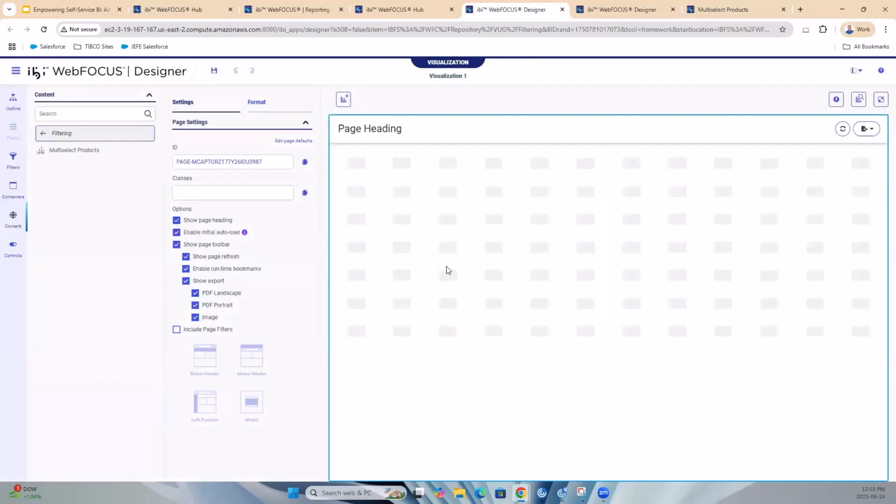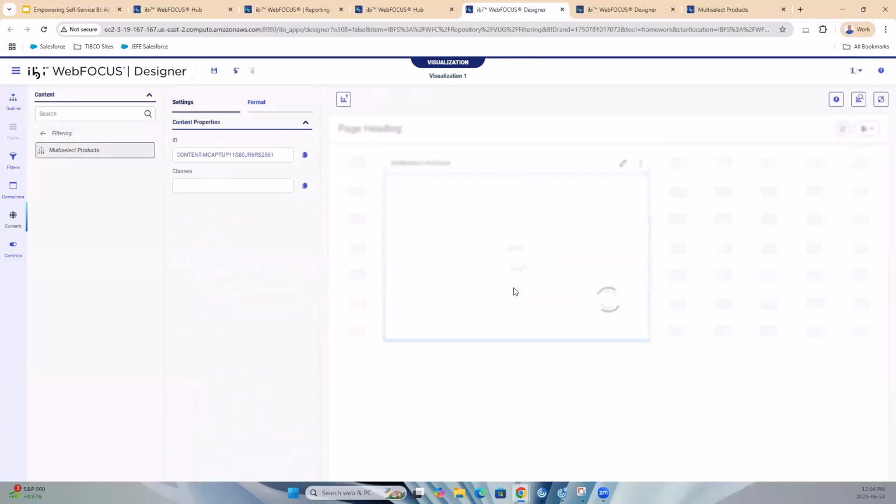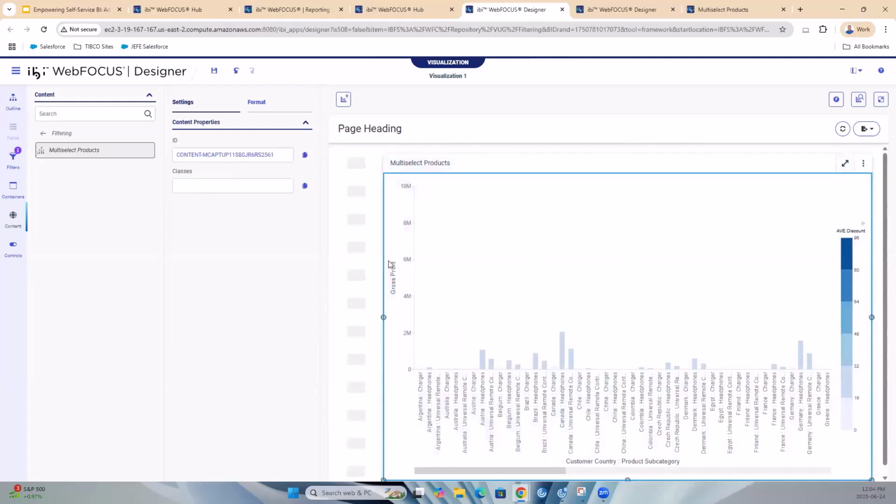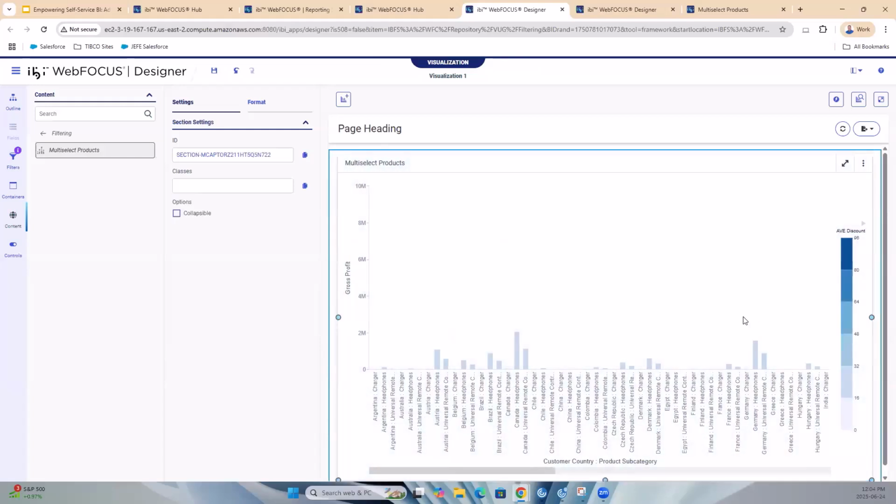For ease of use here, I'm just going to use a blank template. Now, here's our report that we were just in, the multi-select products. I'm going to drag that out to make it nice and wide and big so we can all see the